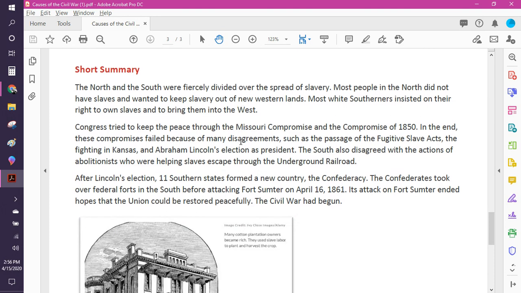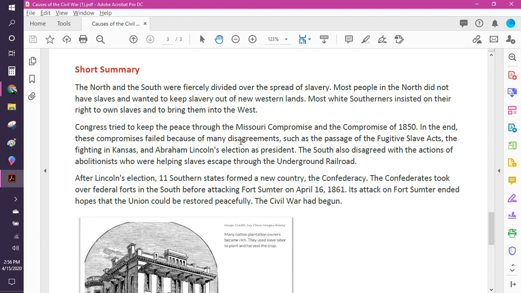So, in short summary, the North and the South were fiercely divided over the spread of slavery. Most people in the North did not have slaves and wanted to keep slavery out of the new Western lands. Most white Southerners insisted on their right to own slaves and bring them into the West. Congress tried to keep the peace through the Missouri Compromise and the Compromise of 1850. In the end, these compromises failed because of many disagreements, such as the passage of the Fugitive Slave Acts, the fighting